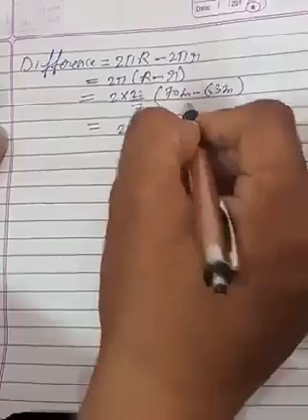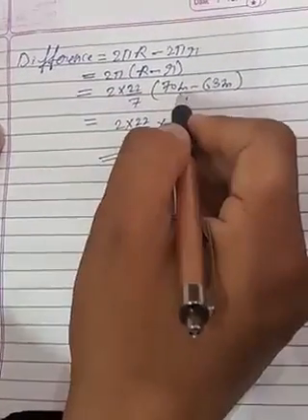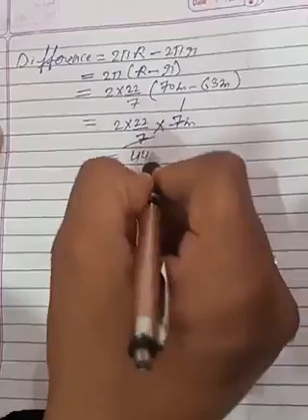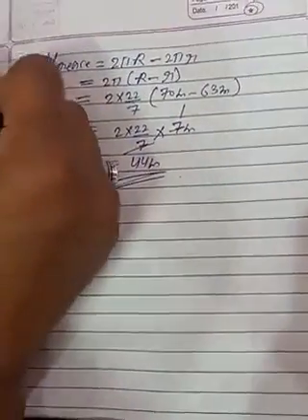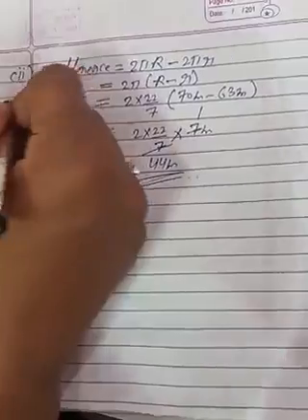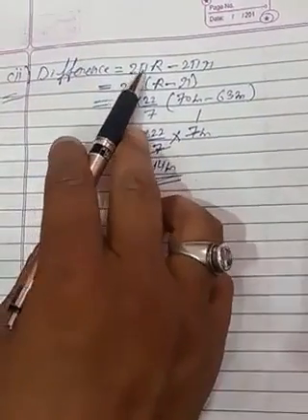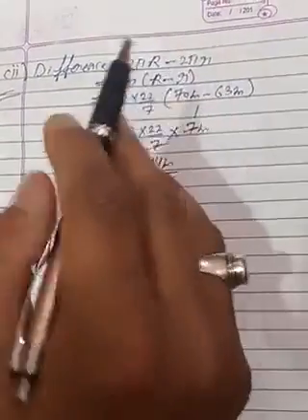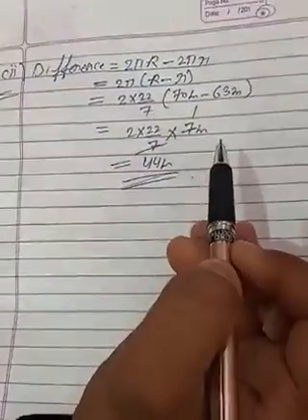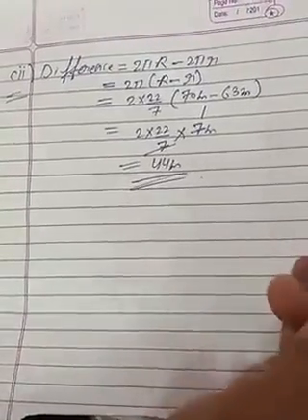So students, 2 multiply 22 upon 7 multiply 70 meter minus 63 meter, that will come 7 meter. So 7 1 the 7. So 22 2 is 44, 44 1 the 44. So 44 meter is the difference between its circumference. Here write second part because it is second part. So student, as we are taking common here after writing the formula of circumference, both the formulas, we are doing same in the area formula also.